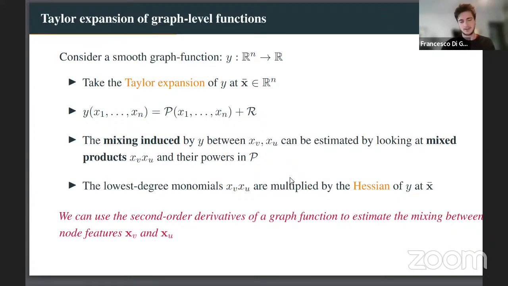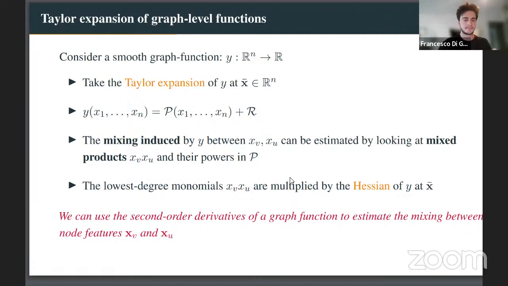So we can write this function as a polynomial p of these n features plus some correction term, which will eventually also be a function of the features, but let's say we are close enough to the reference point. So this correction term is small. Now, if I'm asking how this function is mixing the information associated with the nodes v and u, which will be the features xv and xu, the first thing I can look at, because I have a polynomial p, is looking at the mixed products xv times xu and their